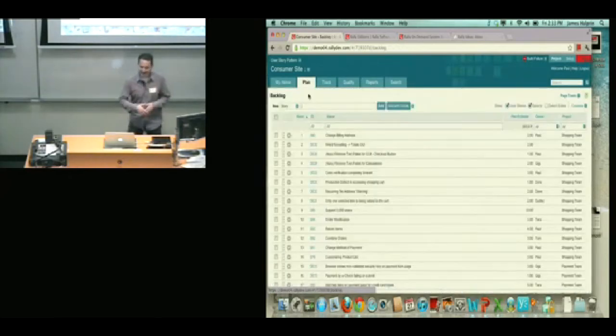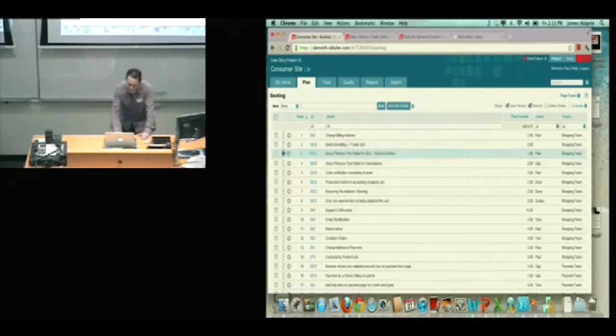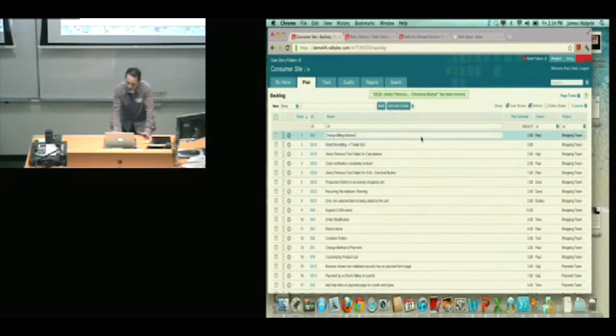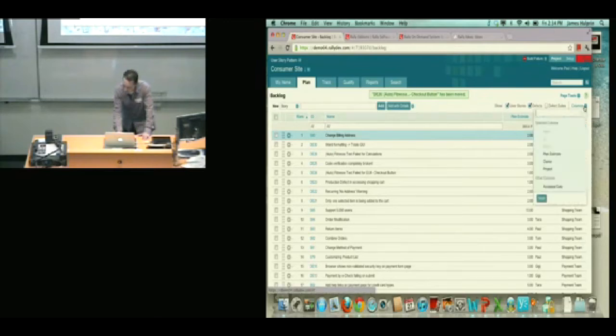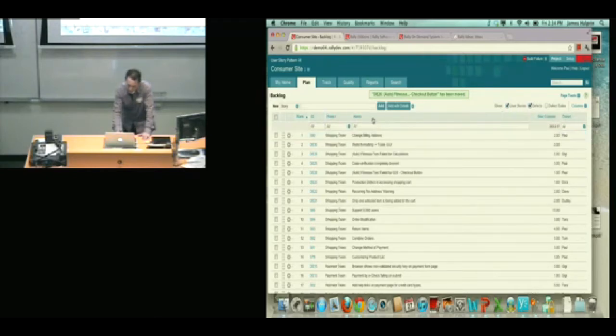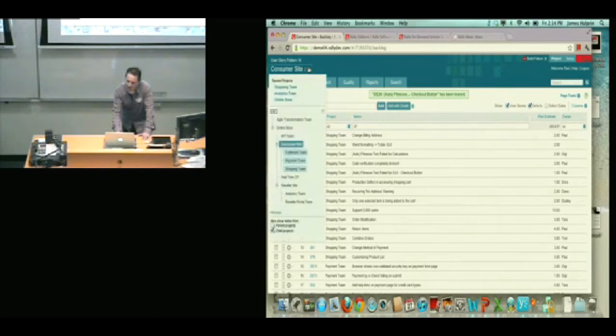So if we move over to the plan tab, then obviously you've got your backlog in there. It's a prioritized backlog, so adding things is very easy. Prioritizing things is just drag and drop, which makes it nice and easy. Double-clicking on any of these areas, you can edit that information. If you want to add fields, extra columns of information, you can do that through this menu. So what we're seeing here, let's move that around, so I'll drag this column over here. So you might remember that I talked about this being the scoping hierarchy.